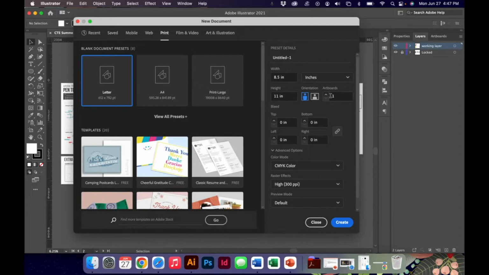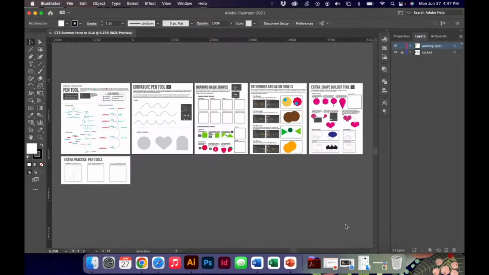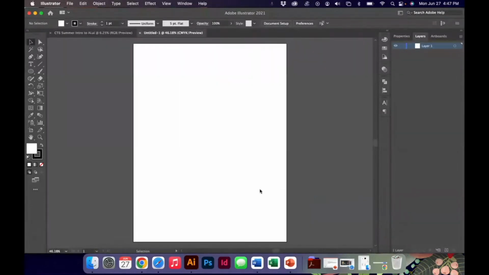I do like to set up my artboards starting orientation wise and how many I'm going to need. I'm going to create a basic letter size template just to show you some of the basics of Adobe Illustrator's interface. One of the things that can be awesome about Adobe and sometimes frustrating is the updates